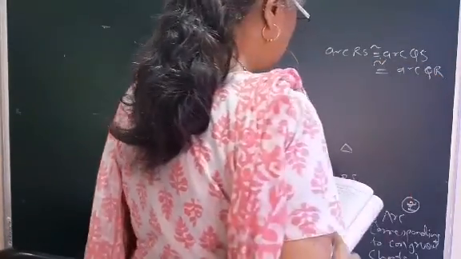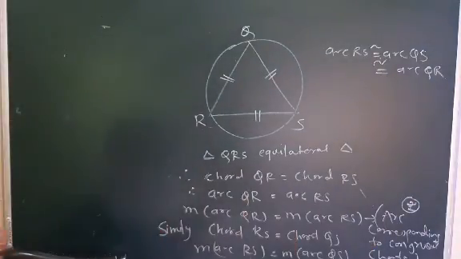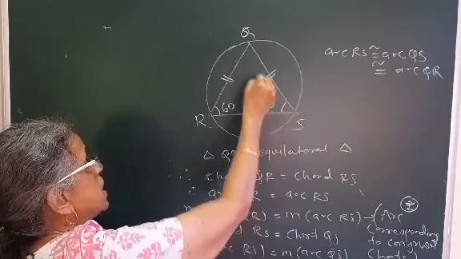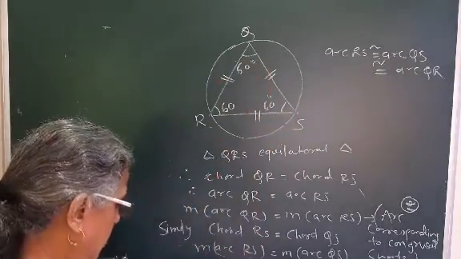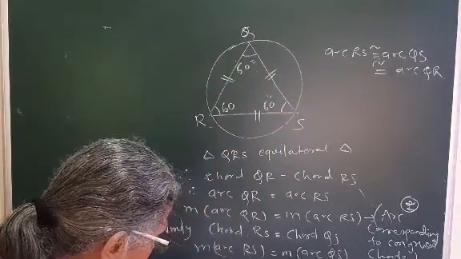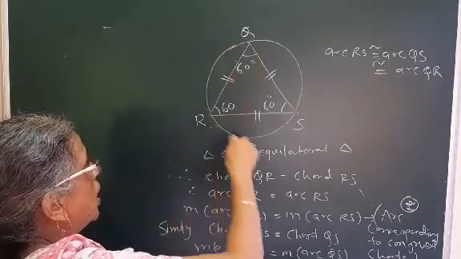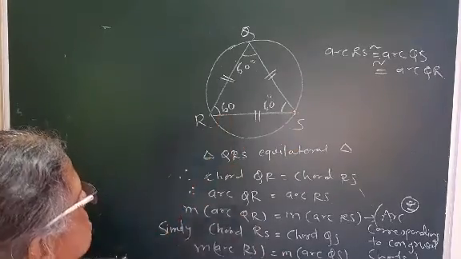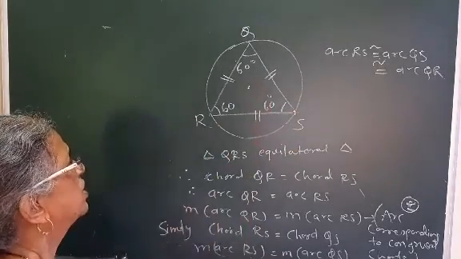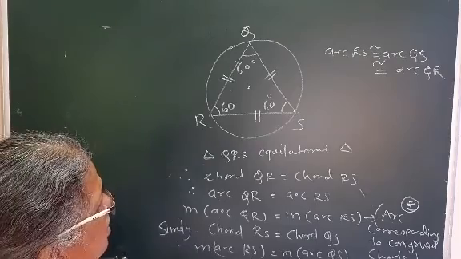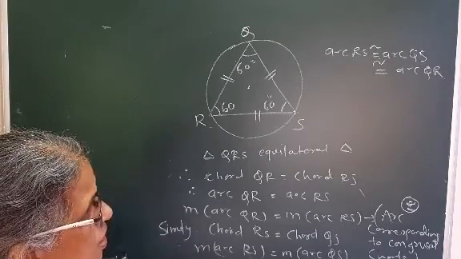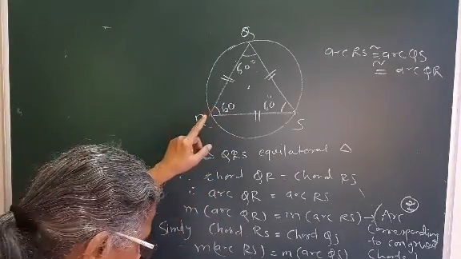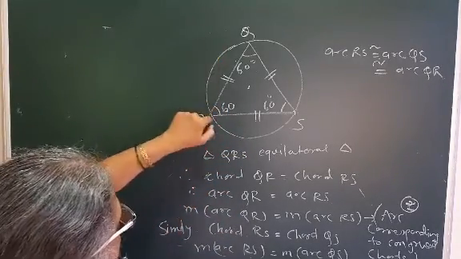Alright. Now they have asked major arc QRS 240. So here this angle is 60 degrees, this angle is 60 degrees as it is an equilateral triangle. Alright. So major arc QRS will be 360 minus this. Now here we are going to use the inscribed angle theorem. That part we are going to see in the next pages, but I will explain. That is, they have asked major arc QRS.